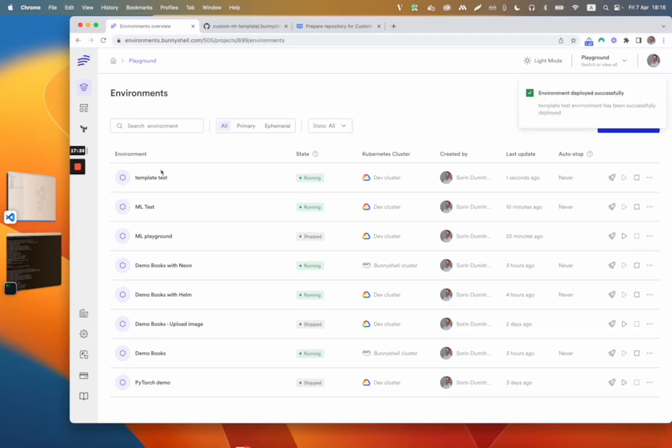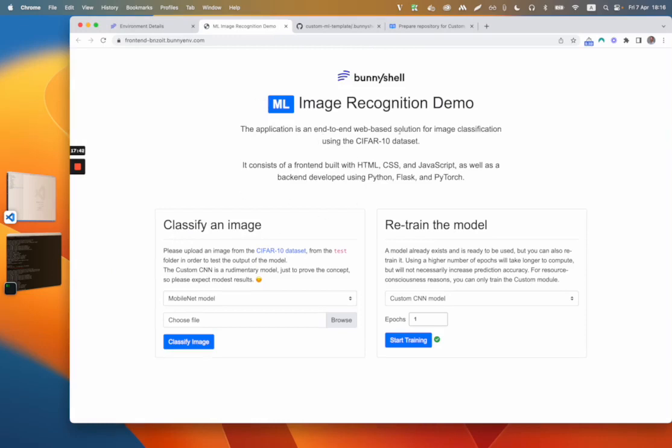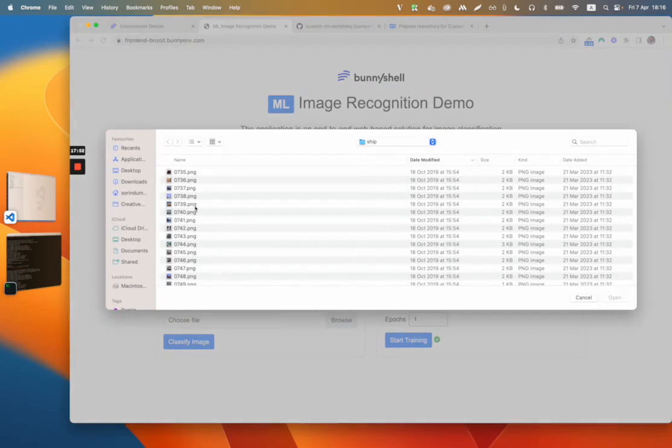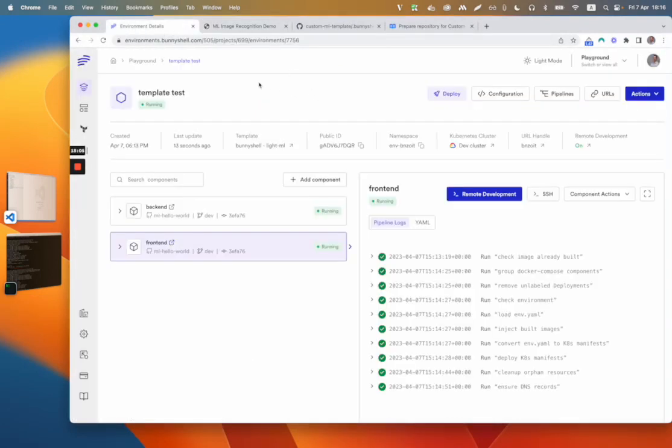Okay, so the environment just got deployed. I would like to see if it's working, and as far as I know, the container for the backend starts a bit slower, so I will maybe wait some more seconds before classifying the image, and it's done. So there it is. I have an environment which was created out of a template,